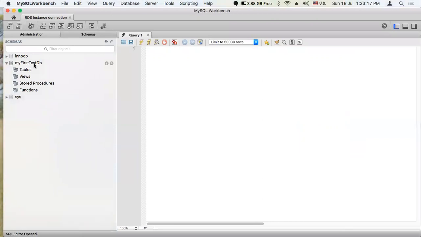You remember we provided the name of my first database, test DB. It means while creating the DB instance, we asked RDS to create this database. Now you can create tables, insert data, and run queries over here.